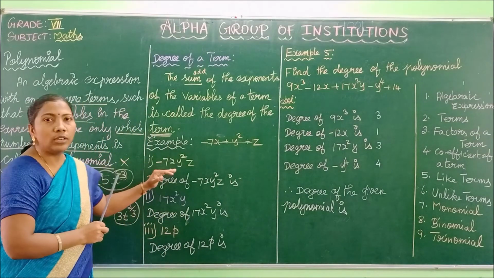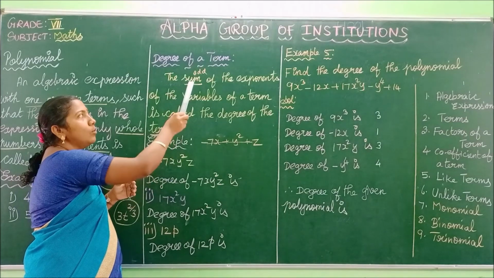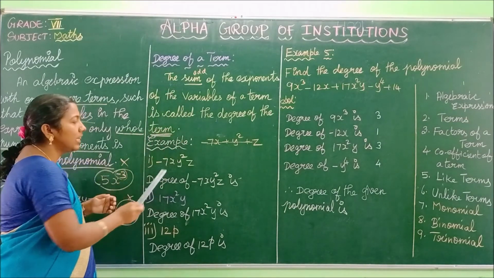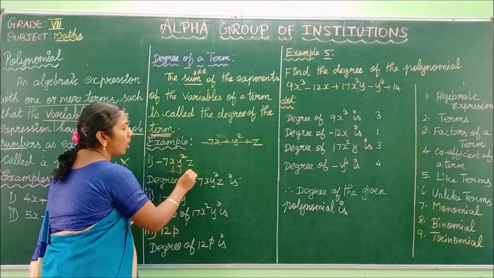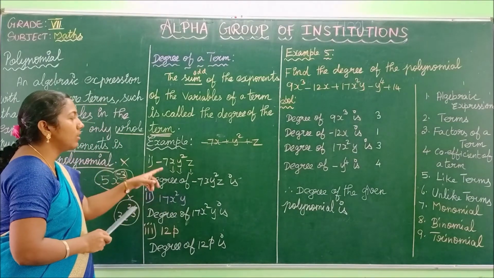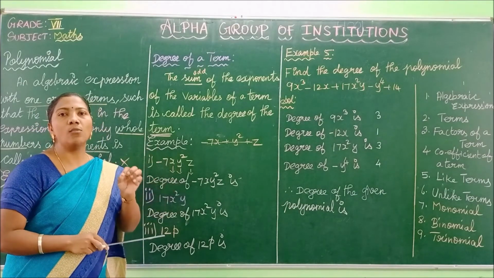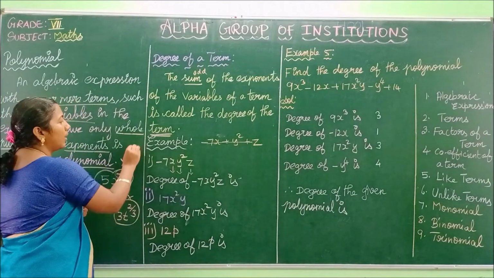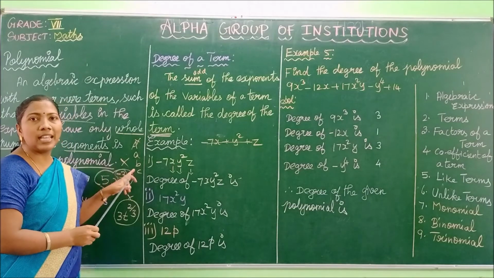Now we are going to calculate the degree of this term. How can we calculate? As per the definition, you have to sum. Sum means add the exponents of the variables of the term. Here, what are the variables? X, Y, Z. You have to call all the alphabets which are in small font. One more important thing. You must use the small font letters. That is, small case of alphabets. You don't use the capital letters. You have to use only the small letters to represent the variables.